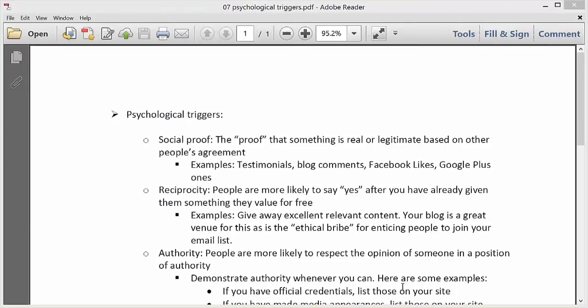Alright, so let's talk about psychological triggers, and these are things that you would use in your marketing in general and also in your copywriting. So you could think of this section as an extension of the copywriting tips. So psychological triggers. Okay, first is social proof, which is the proof, which I put in quotes,